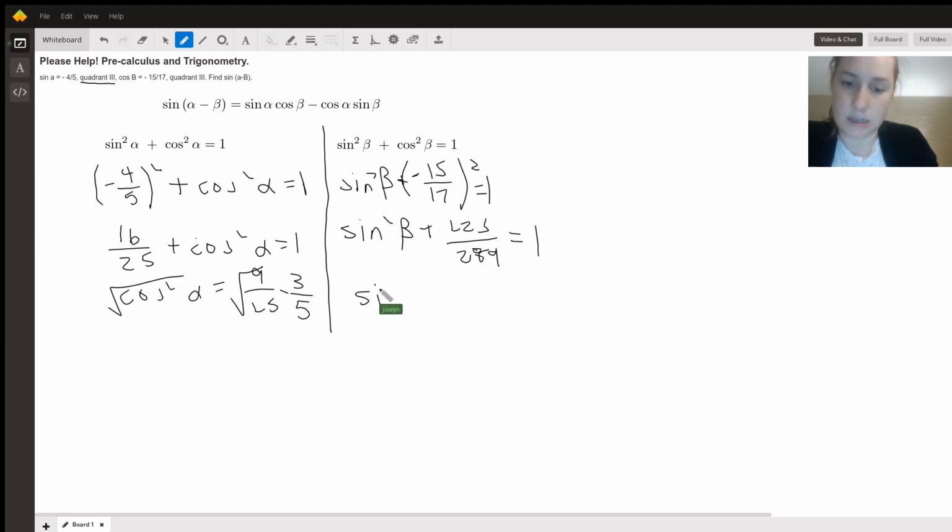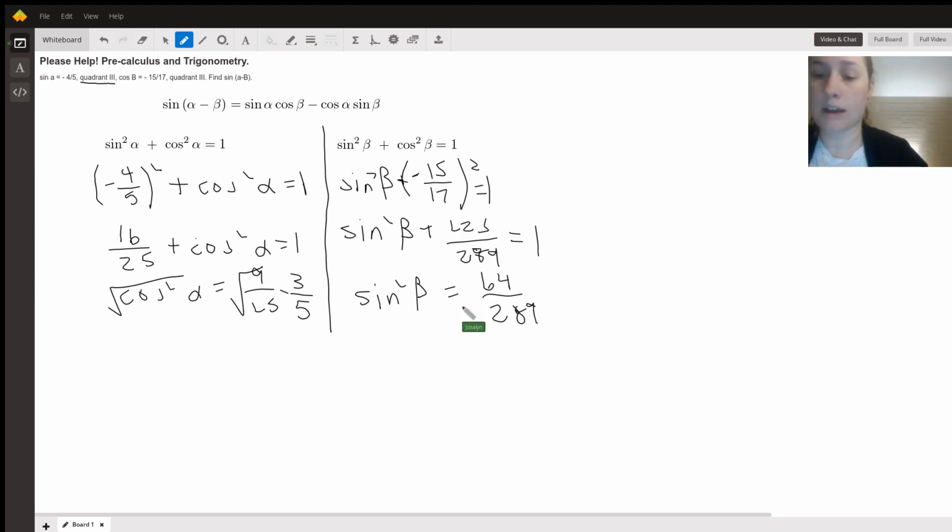So sine squared of beta is equal to 289 minus 225, which is, let's see, 64 over 289. And when we take the square root of that, we get sine of beta is equal to